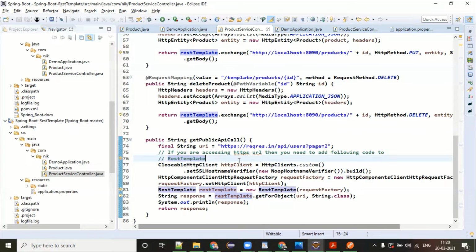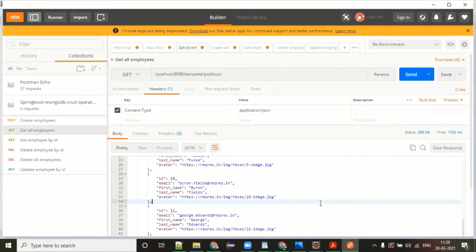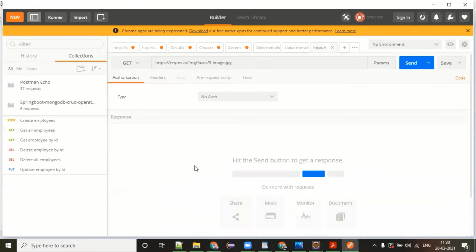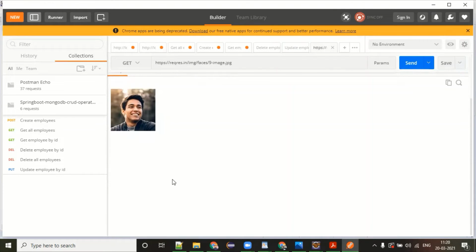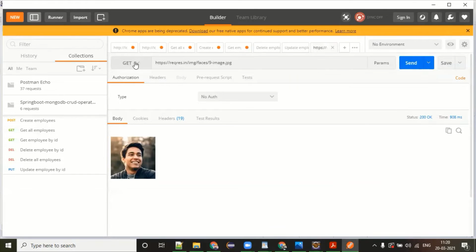If you go back, just go back to Postman. See that image. So HTTPS requires an image. If you click on that, one second. Yeah, it's coming like this. Now, if you give me the same link, then also I'll be able to access it, right? There is no security. I didn't get your question. So you're saying passing it like this is not a good way?